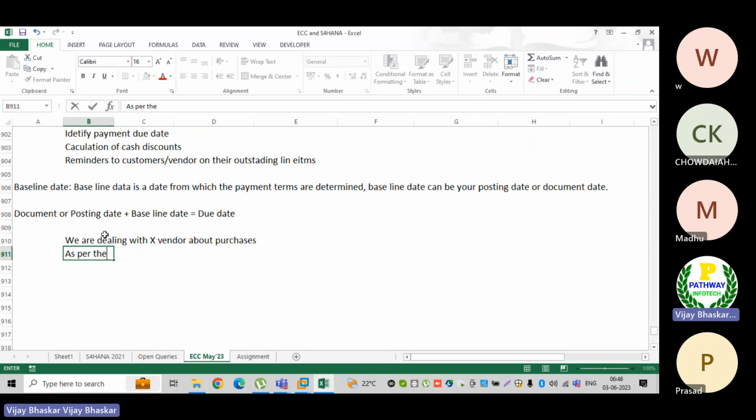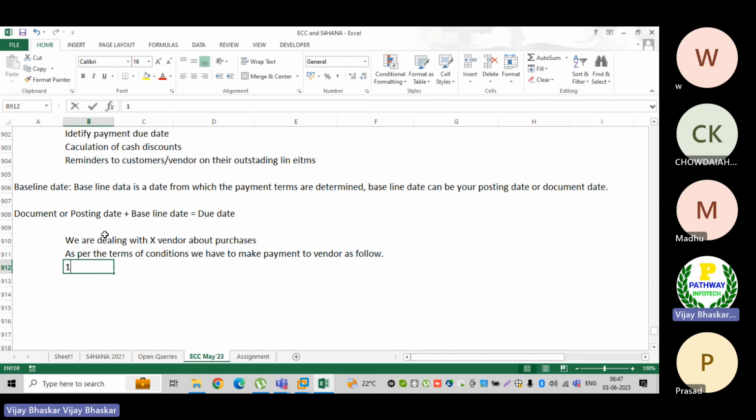As per the terms and conditions, we have to make payment to the vendor as follows.